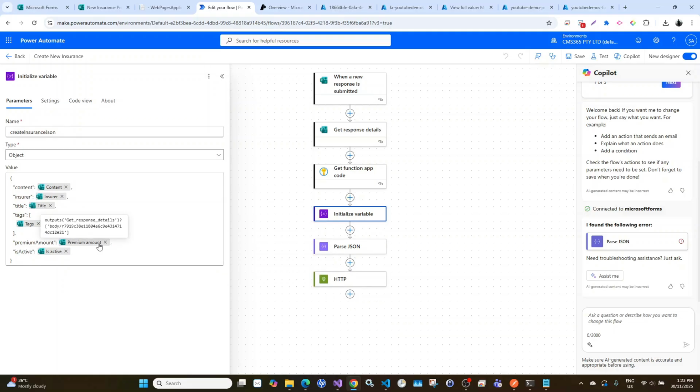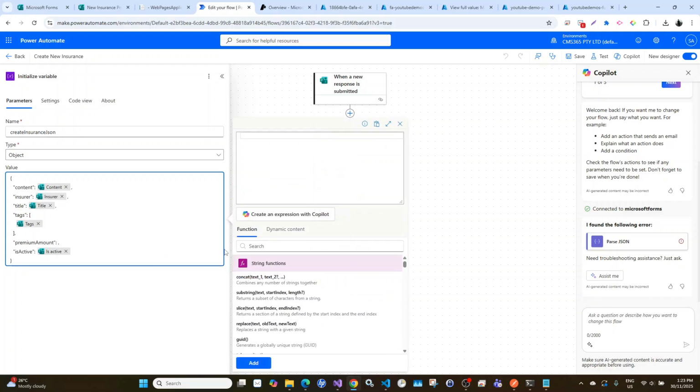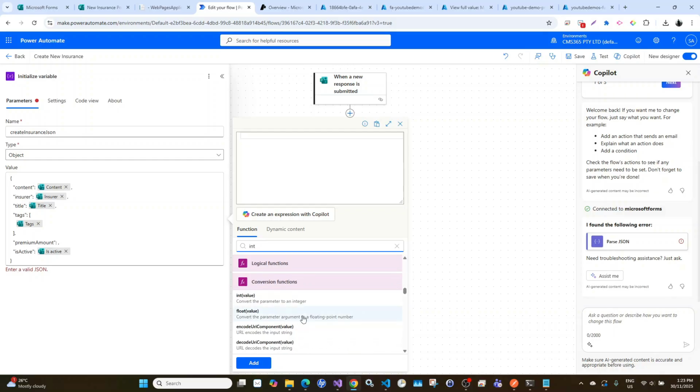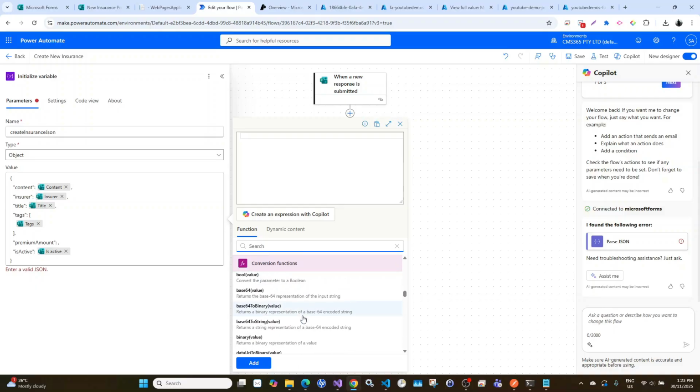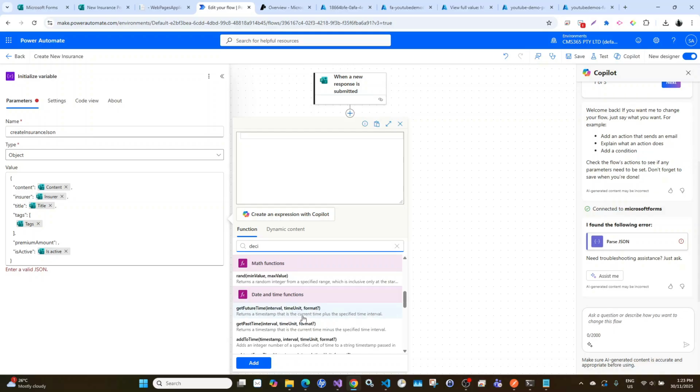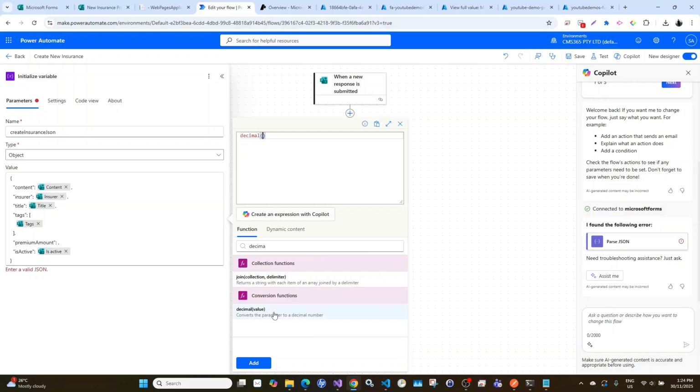So in that premium amount, just click on the cross. After the colon and before the comma, click on this function and search for a function for integer. So in fact, this should be a float or decimal. This should not be an integer because this is a premium amount. So that's decimal, and